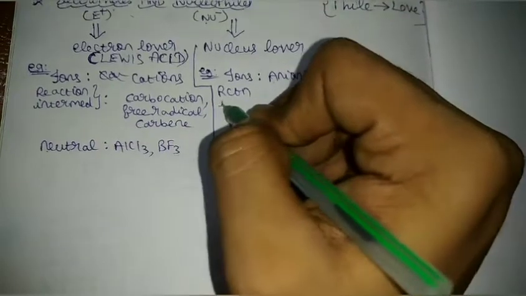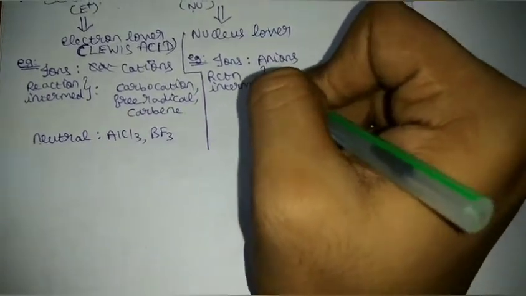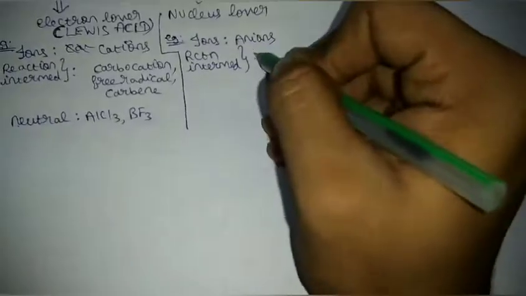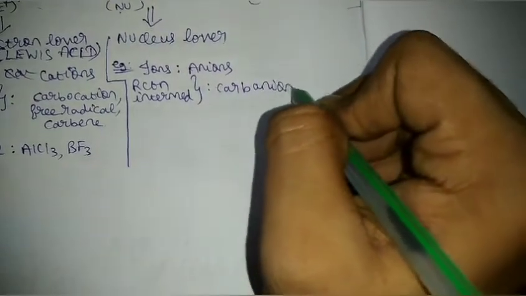And similarly for reaction intermediates, just guess. If it is a carbocation for electrophiles, this will be a carbanion. These details I'll tell you later in the reactions. So these are reaction intermediates. And similarly, neutral molecules can also be